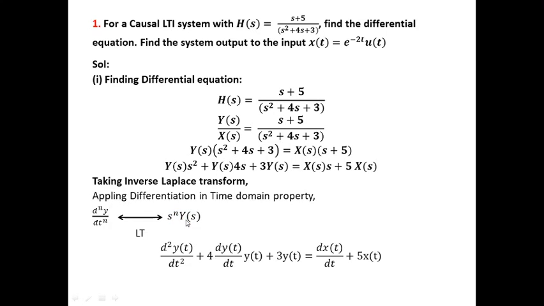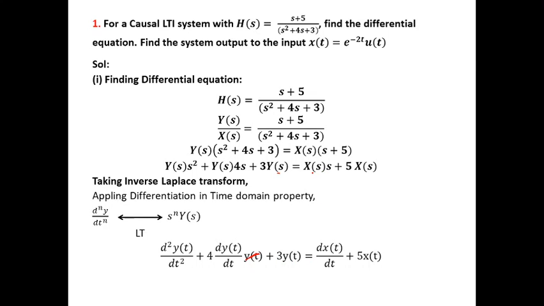So we can see that s squared, we can take this as d squared y of t divided by dt squared, plus 4, which is a constant, s into y of s. So the power is 1, so n is 1. So dy of t divided by dt, plus 3y of s. So taking the inverse, 3y of s, you will be getting 3y of t, is equal to